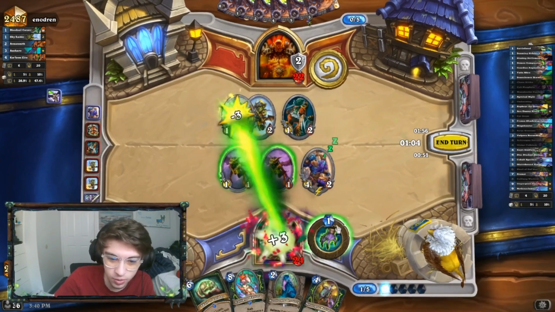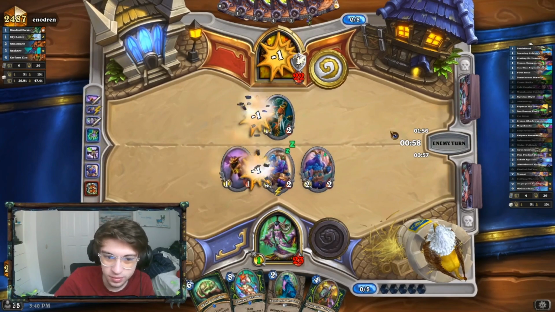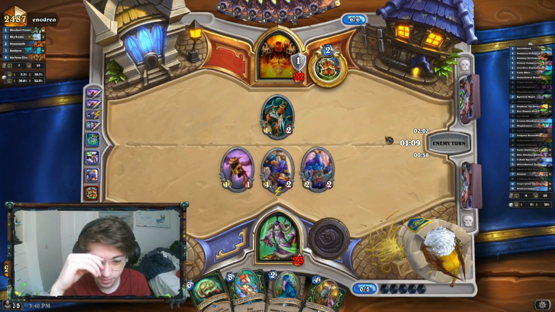I don't think it matters which pirate we kill. We're still going to kill off this one and go phase. Decent board. Not perfect, but, you know, it'll do. We play Skull of Gul'dan next turn, which is pretty big. Big card draw, very important. And then